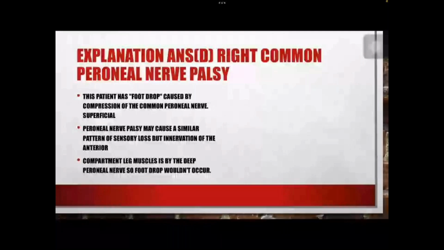This is the last question for today. In the male urethra, which is the narrowest part? The options are A, prostatic urethra, B, membranous urethra, C, penile urethra, D, spongy urethra, and E, cavernous urethra. It is the membranous urethra.